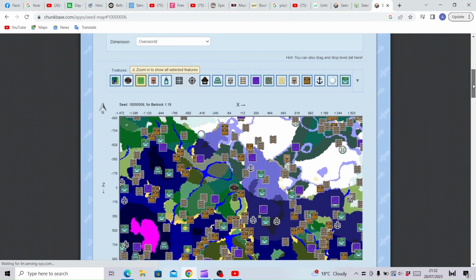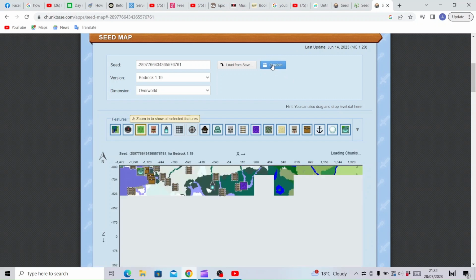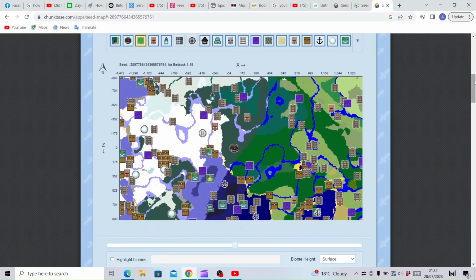So as we can see, I can click on this random button here, and that will produce an entirely random seed, and it spawns me in. As you can see, the different biomes are indicated by different colours. Down in there, it says the biome. So currently we're in a snowy taiga, and then over here's a forest. You have more taiga over here. You have rivers going through here, snowy plains, frozen ocean. You even have